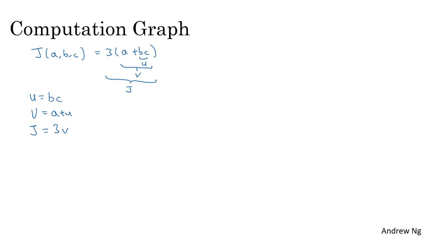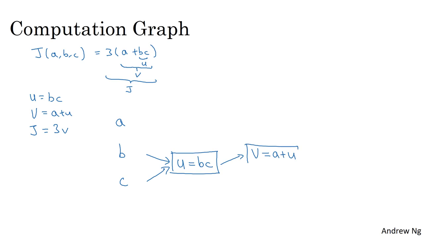We can take these three steps and draw them in a computation graph as follows. Let's say I draw your three variables a, b, and c here. So the first thing we did was compute u equals b times c. So I'm going to put a rectangular box around that, and so the inputs to that are b and c. And then you might have v equals a plus u. So the inputs to that are u, which we just computed, together with a. And then finally we have J equals 3